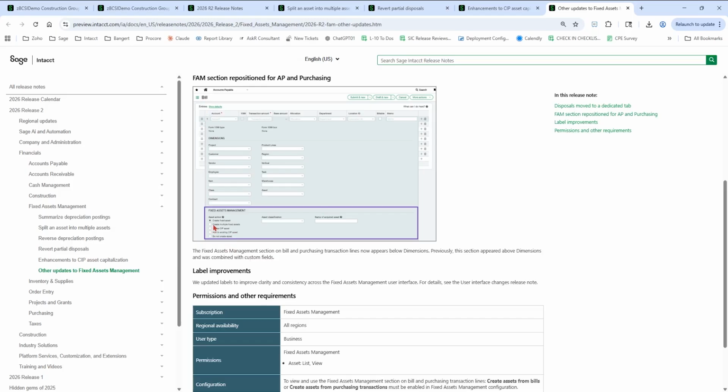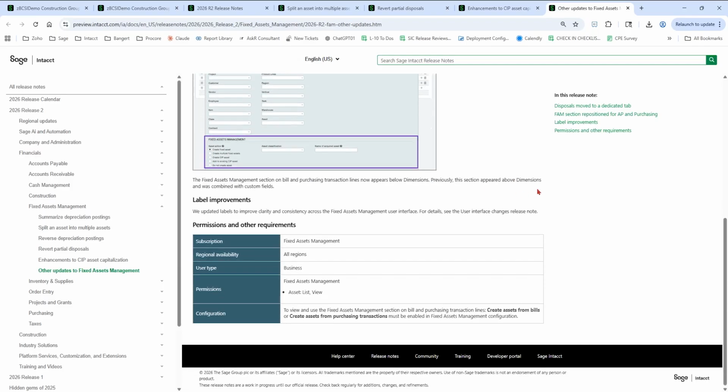So you can create a new fixed asset, you can create multiple ones, you can create a construction in progress or add to a construction in progress asset, and or do not create an asset at all. Okay, so this fixed asset management area right here has more features now here for actions here on the left, for example.